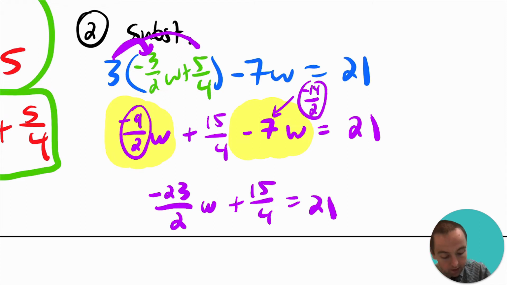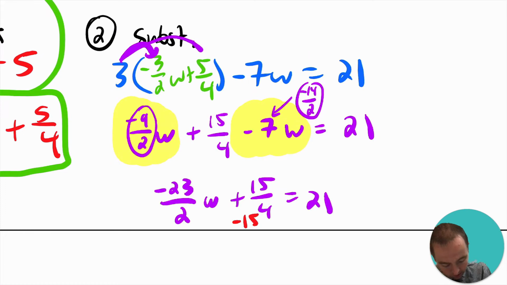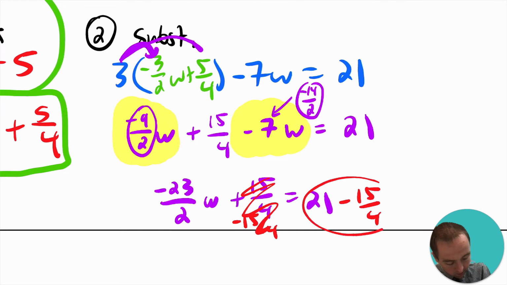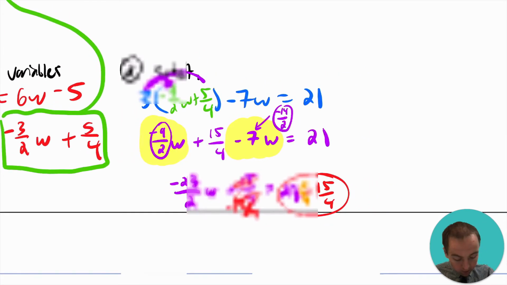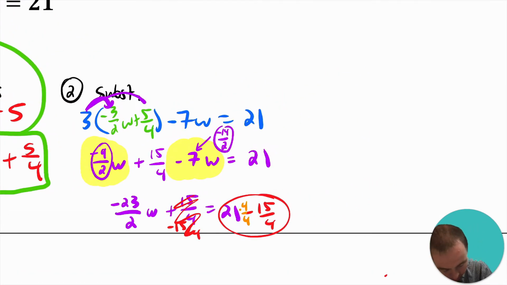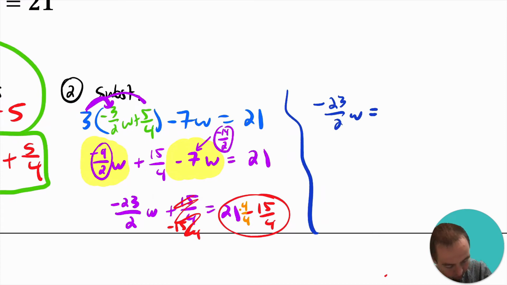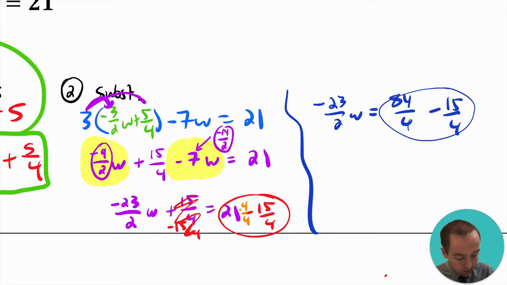So to get the constants all on one side and the variable term on one side, we'll have to undo the adding of 15/4 by subtracting 15/4. And then you're going to need a common denominator, so you'll have to multiply by 4/4 to get that common denominator there. So kind of just moving this work over here, you're going to have the -23/2 w is equal to, what we get is 84/4, which is the same thing as 21, minus 15/4, and then you can subtract those fractions. You end up getting positive 69/4 is equal to